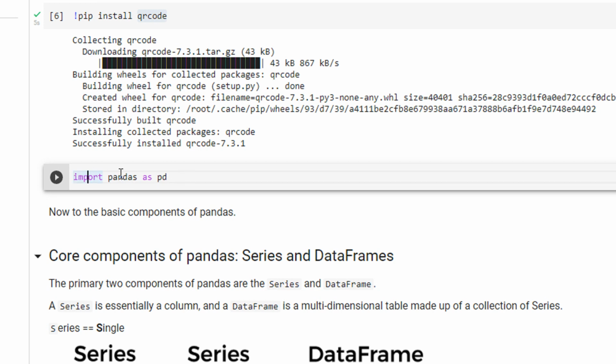Because when you import pandas, let's say you don't write this, then wherever you use a pandas function, you will have to write the full name pandas. In order to save some typing, we give it a pet name. In India, every one of us has a pet name at home, Chotu, Motu, Golu, everything. Just like this. So whenever I say pd, I actually mean pandas.